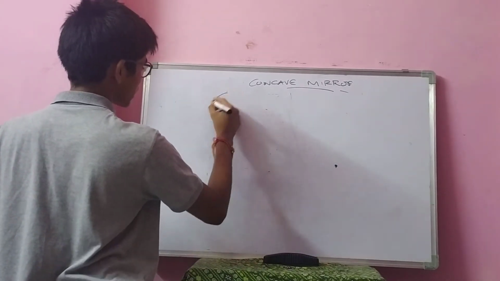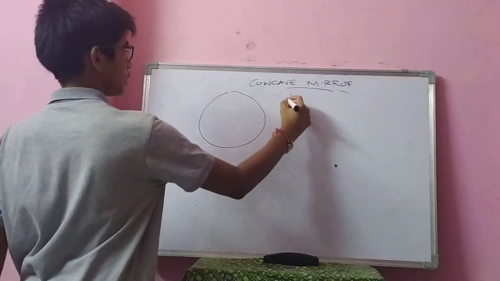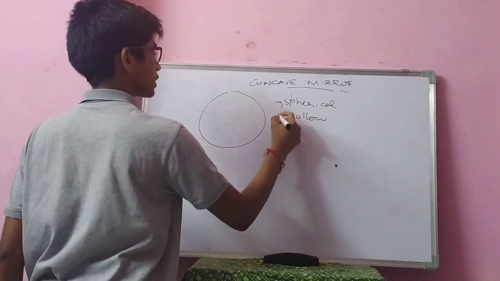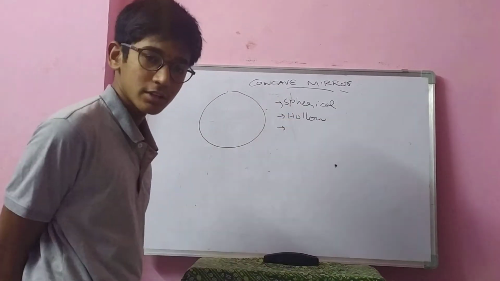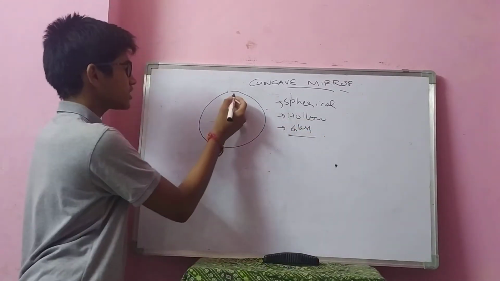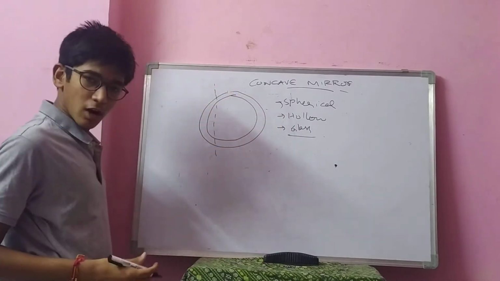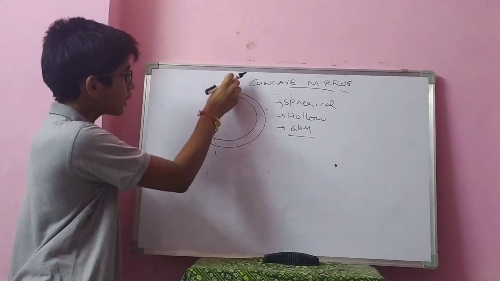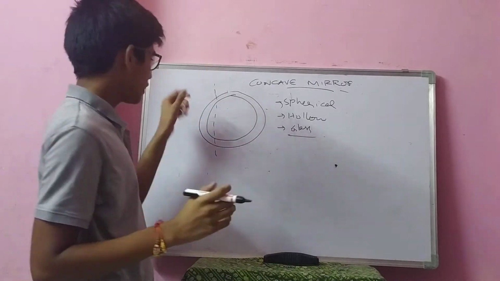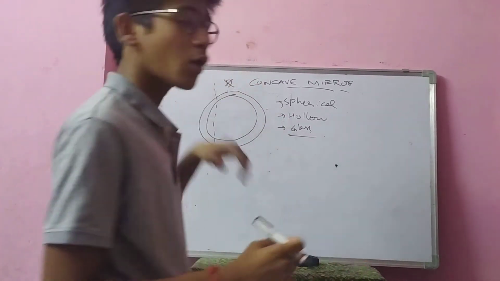Generally, a concave mirror is a mirror which is cut from a hollow spherical glass surface. The sphere must have these properties: first spherical, then hollow, then glass. This glass sphere is taken and cut along a chord of the sphere. In the sense that we take a glass sphere and cut it into 2 parts along its chord, not along its diameter.